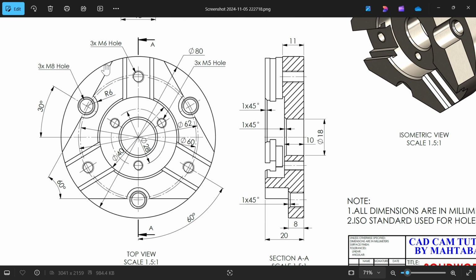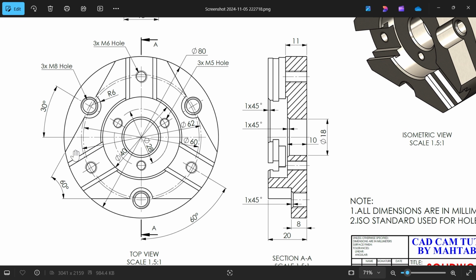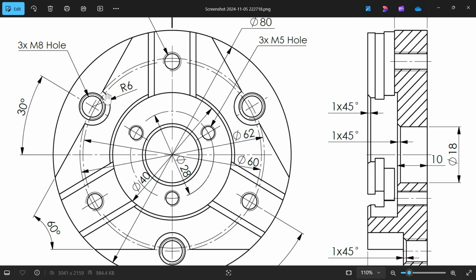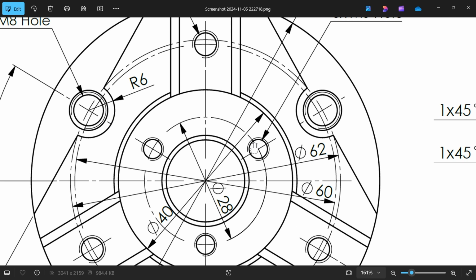Okay, so if you see the overall diameter of this circle is 80 millimeter, and the thickness of this body is 20 millimeter. Okay, then there is one cutout. You will see these lines. You will see this radius 26, and this is going to lie at 62. See the diameter of this outer construction line, 62. This is going to coincide here,